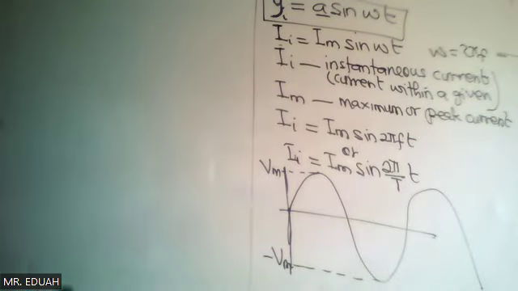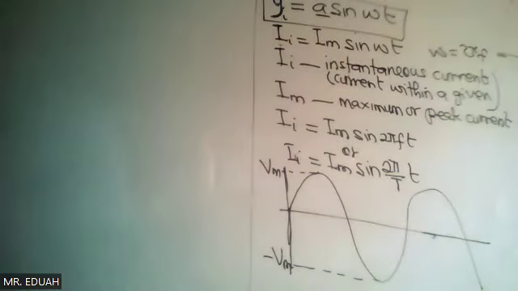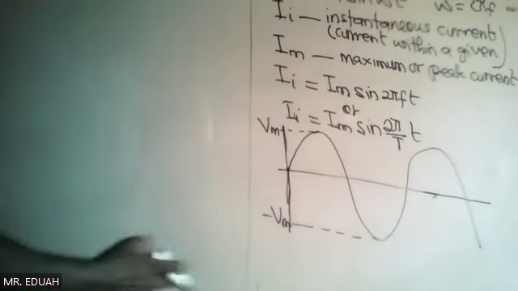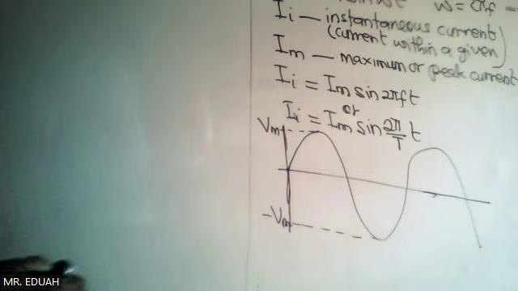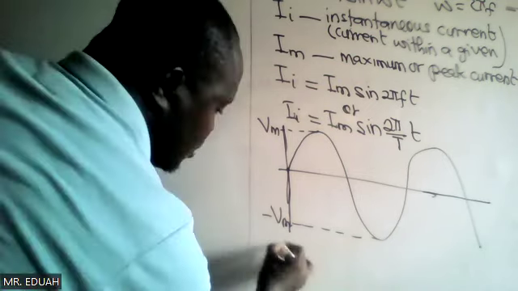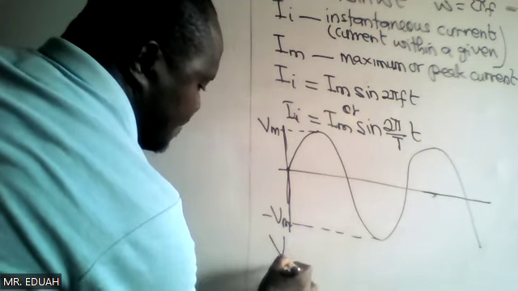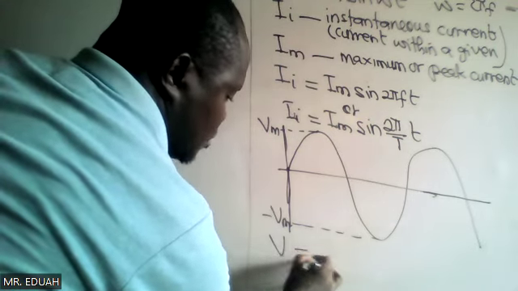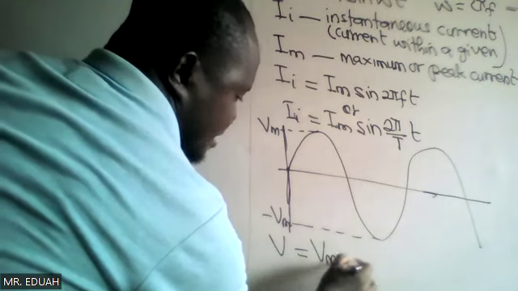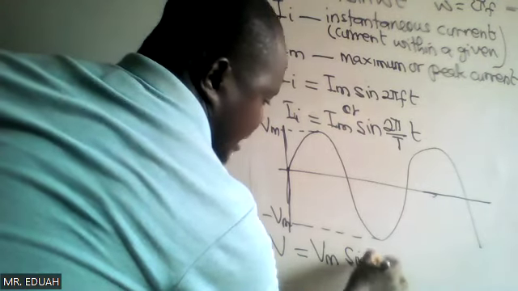So it has the same relationship as current. And because this is a harmonic function, it is represented as the displacement equation of a simple harmonic motion. So V is equal to Vm sine omega t,